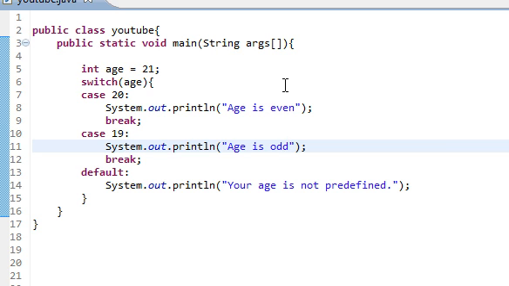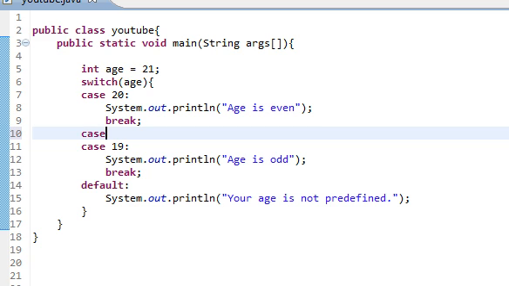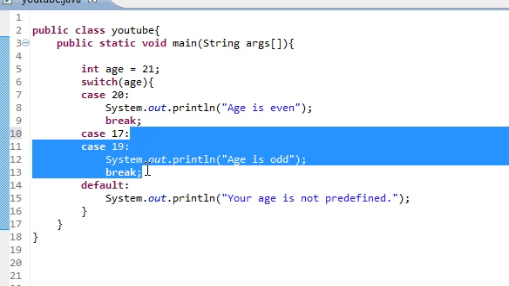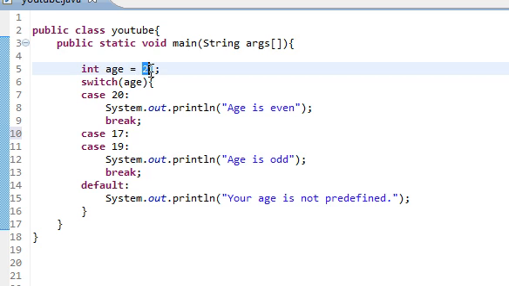Cool. But what if we also want to check, I don't know, 17 and stuff like that? Do we have to write a case statement for every one, even if we want the same message for only a handful of things? No. What you would do is say like case 17 colon, and this says okay, run the code after this until you hit break, and there you go. So if we do 17, oops, not 11, 17,